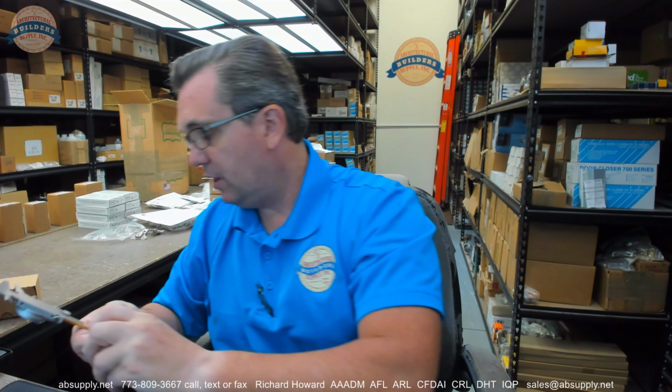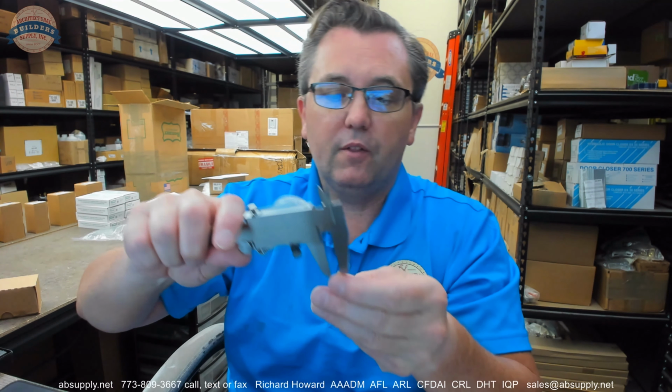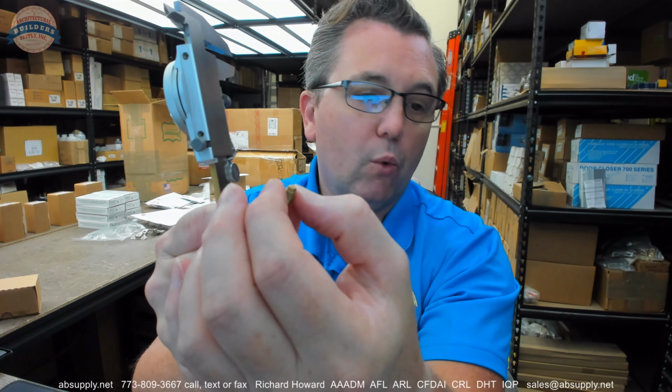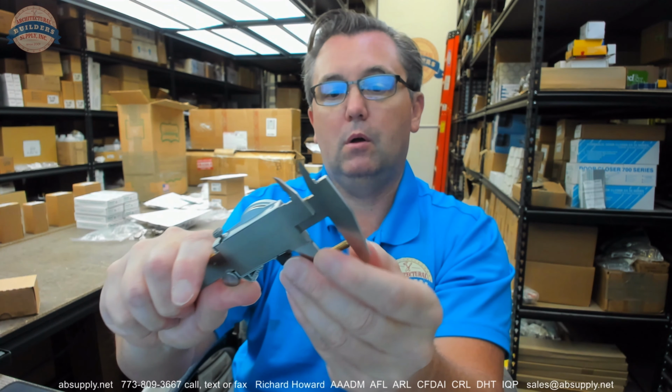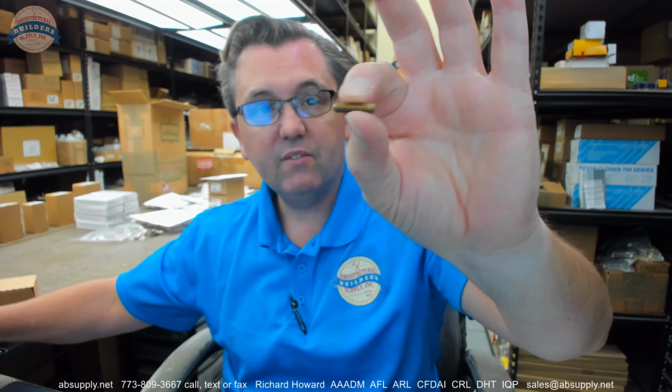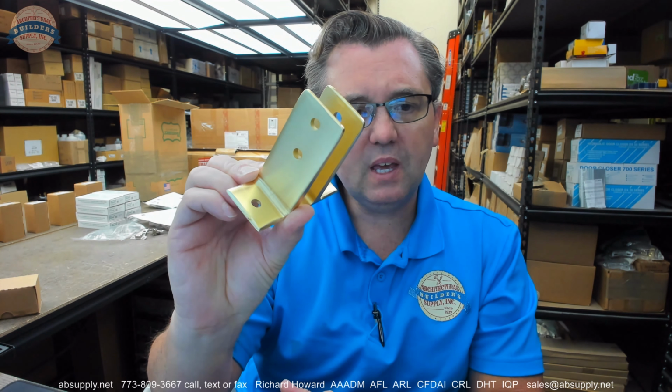Then let's take the threaded portion, the threaded rod. That has a diameter of 0.184 with a length of 0.755. 0.755 is the length of that. And of course, this is available in different finishes. Speaking of finishes,